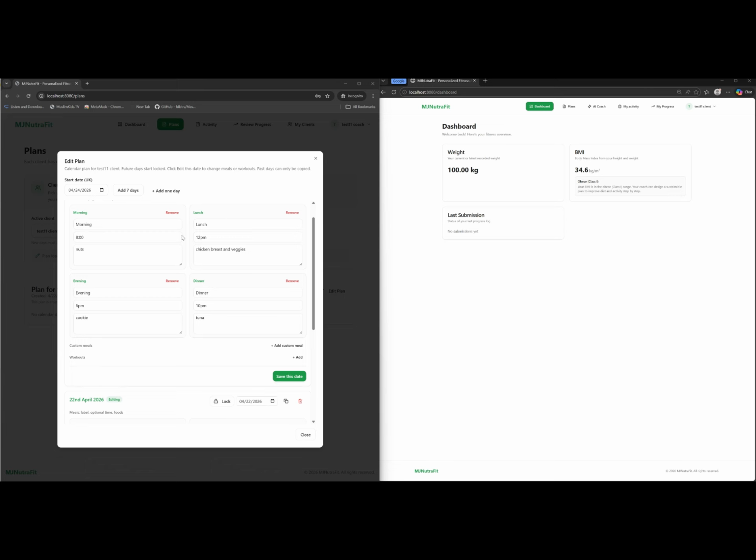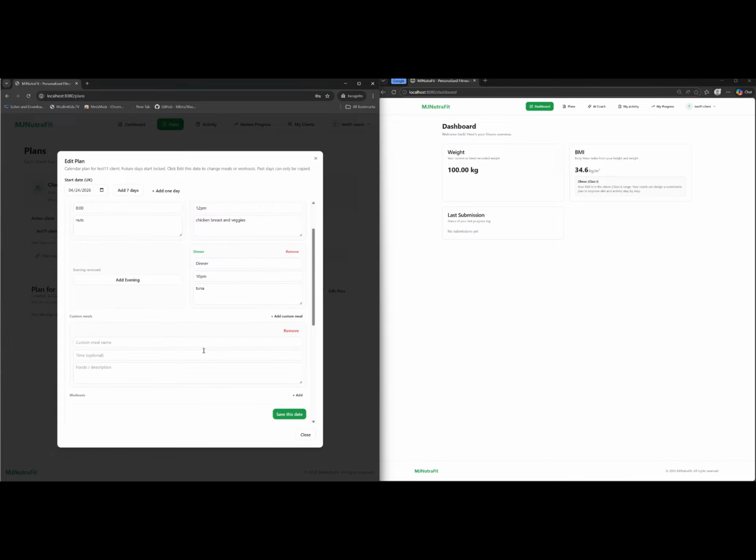After entering all the details for food, I can also add a custom meal. It doesn't have to be 4 meals. I can also remove a meal, so let's say just 3 meals: breakfast, lunch and dinner. And I can add an extra meal, for example, let's say a protein shake. And after that I click save this date,